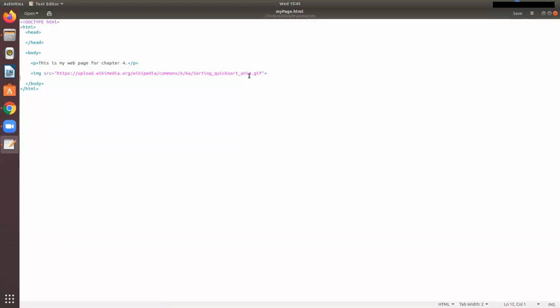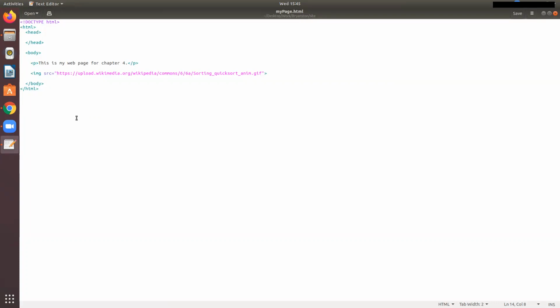All right. So if you could get to that point, I'll leave my text document open here, but you can see if I refresh it in the browser, I've got the paragraph that I typed and then the image that we're displaying there. I'm going to leave it open in the text document just in case anyone is still following along. But for now, let's just take a 10-minute break,